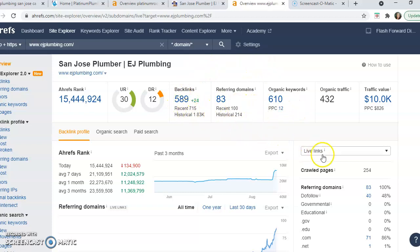So again, this is how you get your website found. And it drives this UR rating, which is essentially your Google trust rating that comes from these backlinks here. And then this DR rating is your Google power rating, and that gets driven by the amount of keywords you have. So you can see just adding some search engine optimization or SEO to your website in the form of backlinks and keywords in your content, and then getting your Google My Business up with some citations can bring in a ton of traffic and a ton of